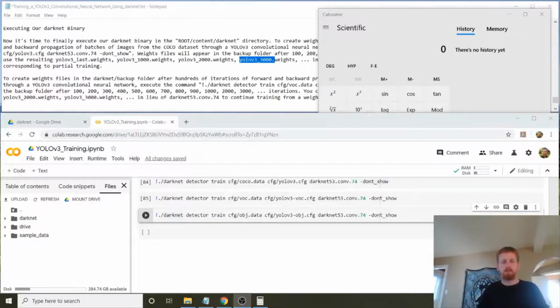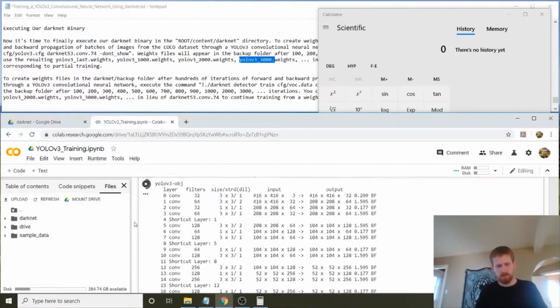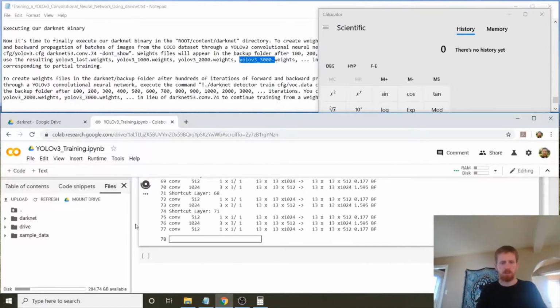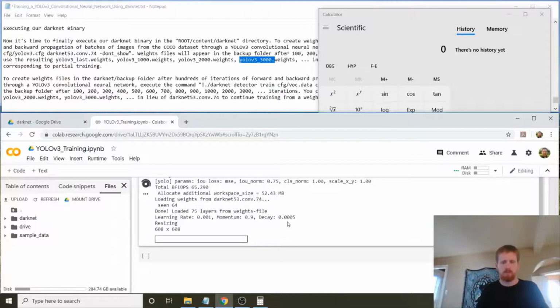And finally, let us try to execute this darknet binary of ours to train a YOLO version 3 convolutional neural network on my custom oak leaf dataset by executing this command. Here we have a presentation of the architecture of our YOLO convolutional neural network again, a presentation of a few hyperparameters, and